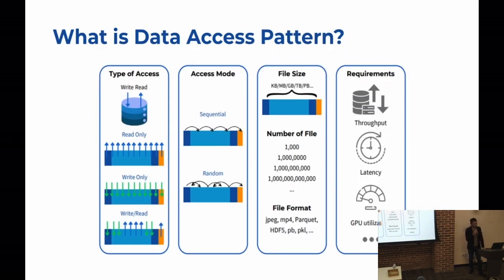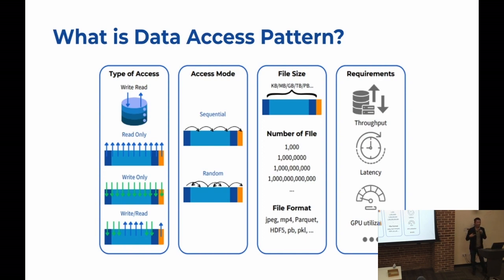Okay, let's go to the real topic today. What's the data access pattern? The thing is, when we have some data you want to access, probably you want to read some data from a file. The pattern will be very different. Sometimes you may do something like read only. Right?